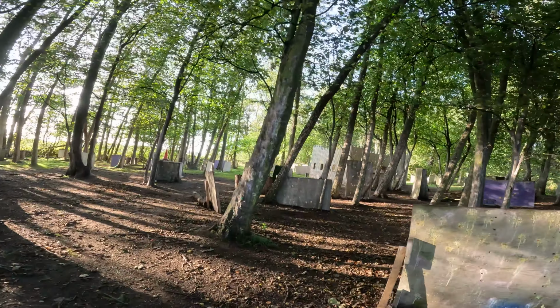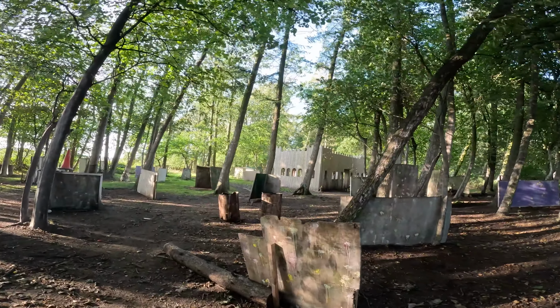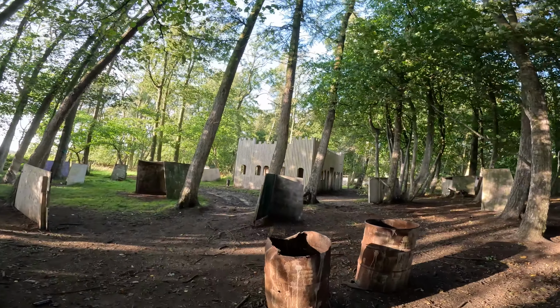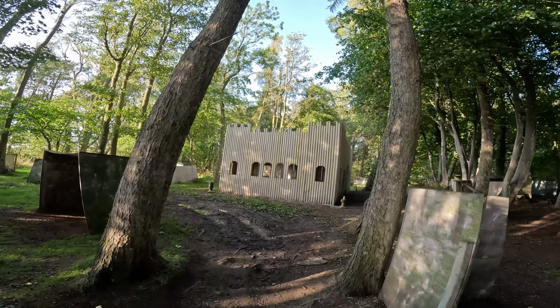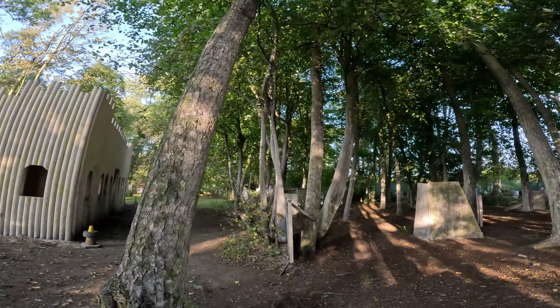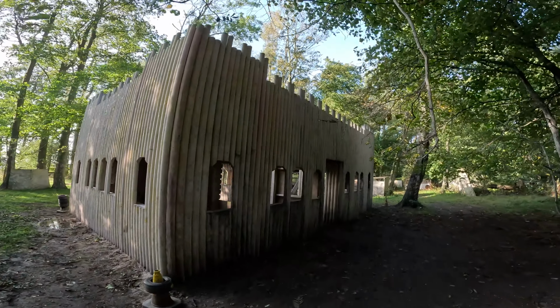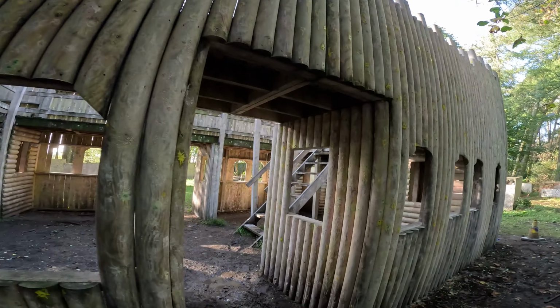But when we get onto the castle is where things start getting a little weird. On the bottom floor, it essentially has more window than wall. The windowsill sits about thigh height, which makes things a little awkward for taking cover because there's no wall for you to effectively hide behind. And you're not just crouching, but you're crouching hunched in order to take cover, to effectively get back up again